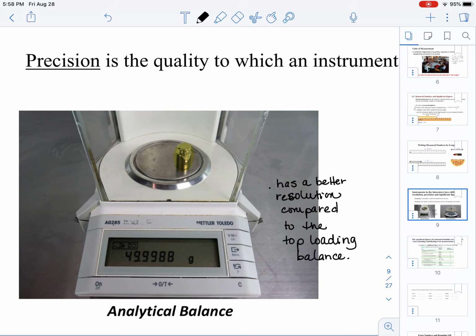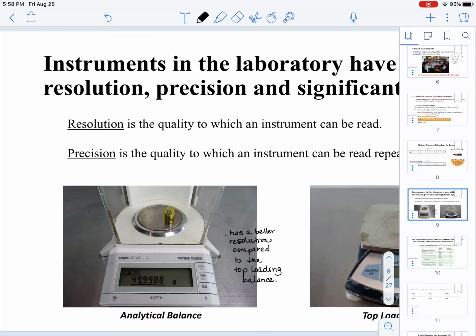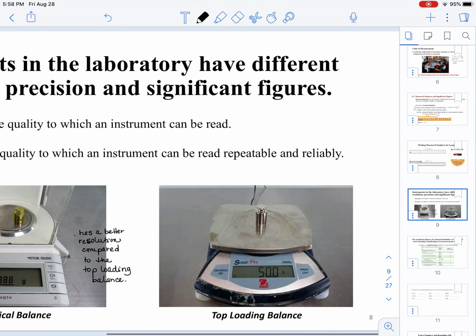Well, because as you can see in the analytical balance, this little standard, this metal piece has better resolution in terms of we can see more digits in the reading of the mass for this object. Okay. Now, if we take the same object, and as you can see, we put it in a top loading balance, because we can only see in the display 3 digits, that means that the top loading balance